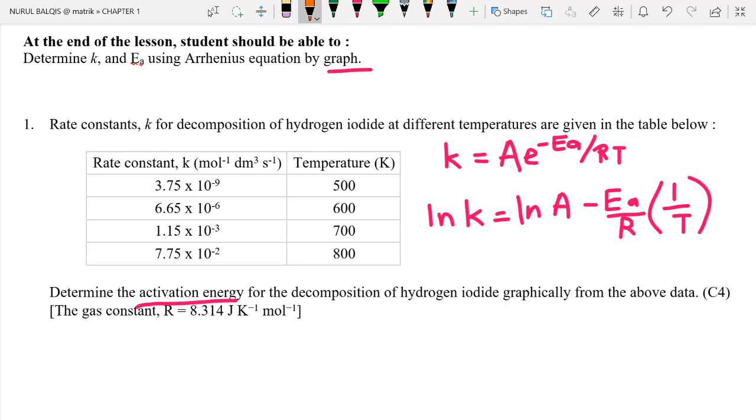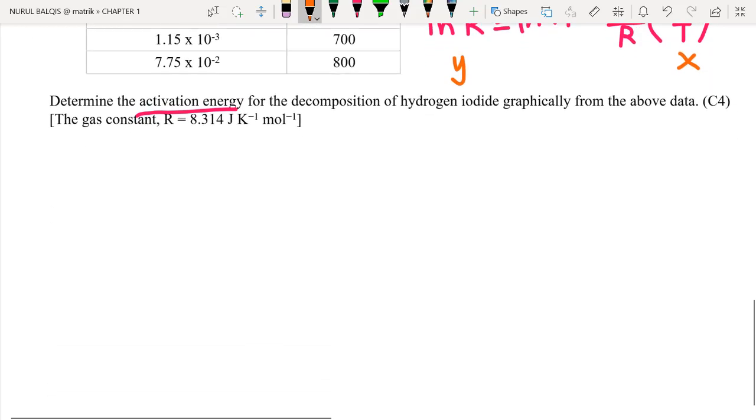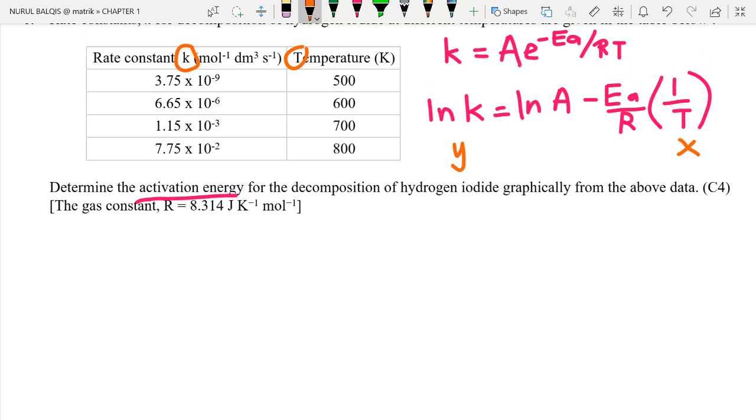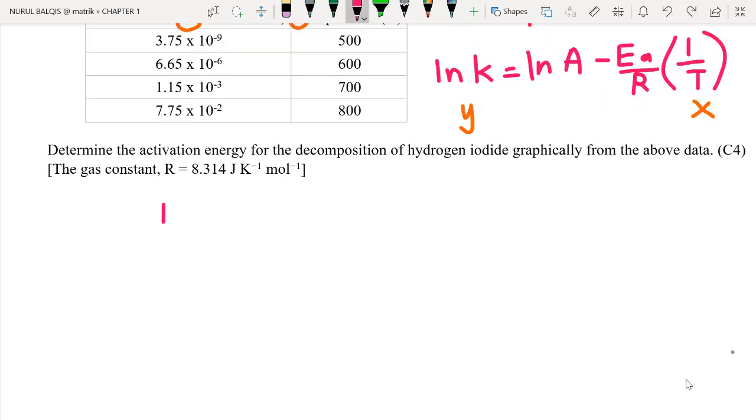Given to you is information regarding k and T, which means only these two variables will become the y and x. So ln k will become the y, 1 over T will become the x. But here, you haven't got any value of ln k or 1 over T, which means you need to make a new table consisting of values for ln k and values for 1 over T. So let's do that together. As for ln k, once you change it to ln k, there will be no units for it. So we're going to have ln k with values of